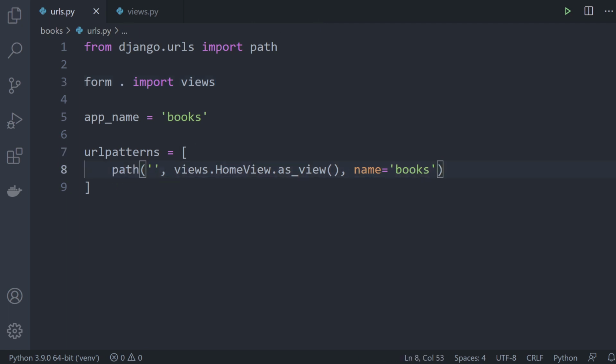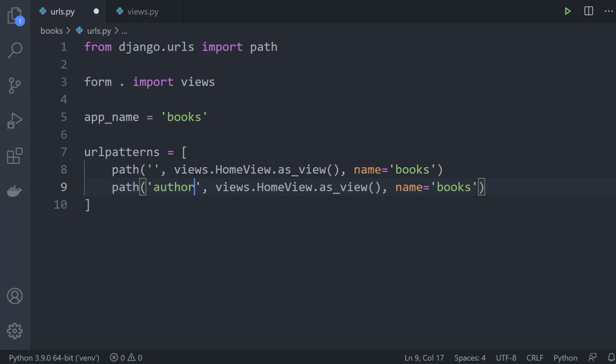Now we're going to be utilizing a different class-based view because we want to list out items. So we're going to call this authors, and then it's not going to be home view. It's going to be called authors view. And then we change the name to authors. Okay, so now we've got our path in place. We can now utilize our app name here. Let's just open up our